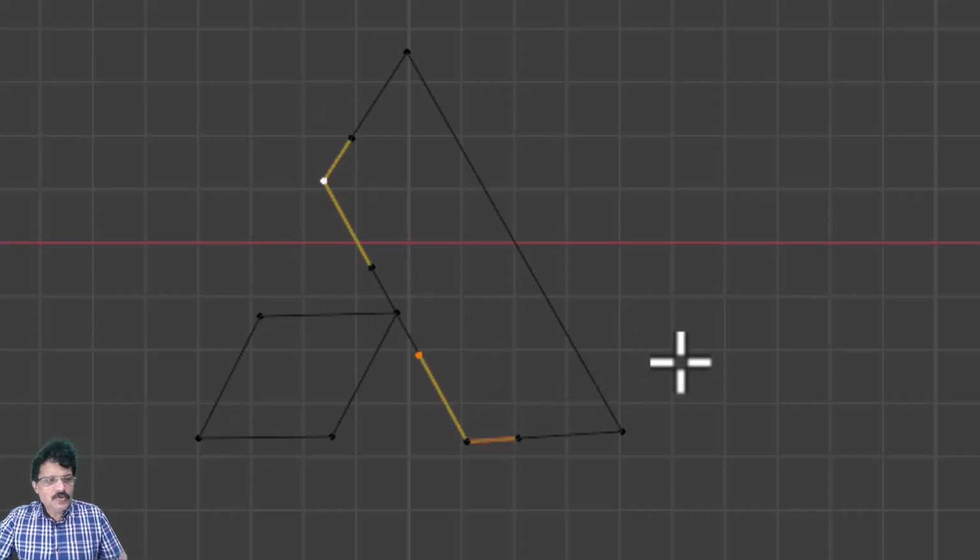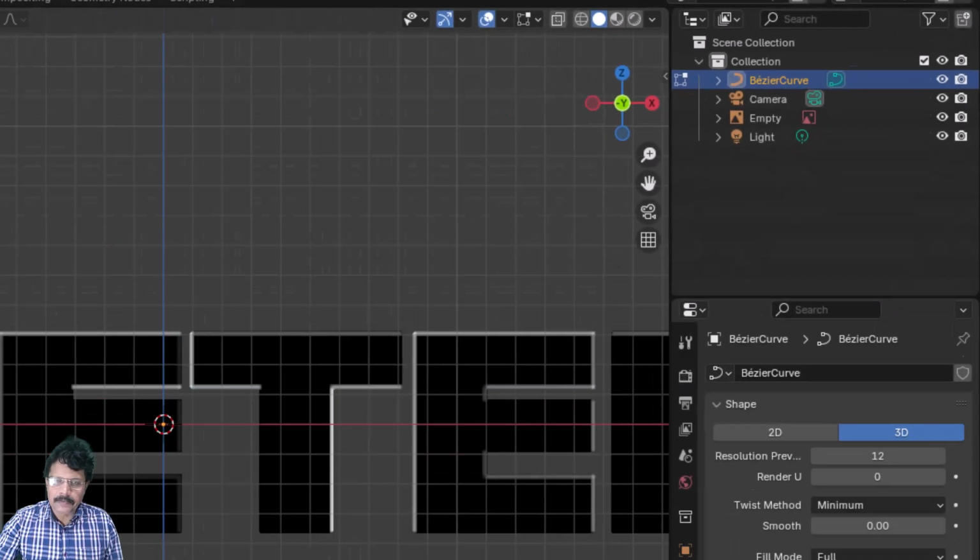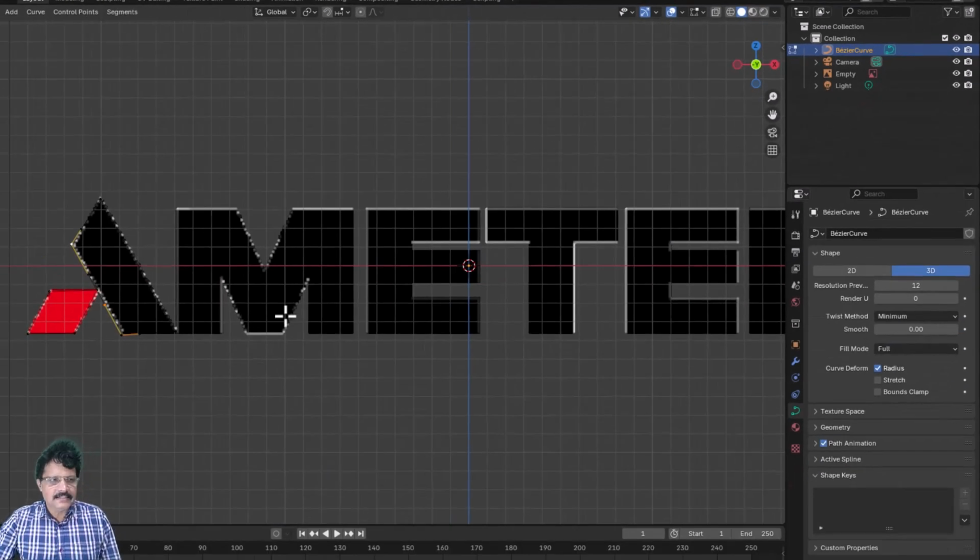In this way, you can keep tracing and you can trace this entire artwork. I will enable empty again. Similarly, I will trace M, E, T, E, K and I can recreate this shape. So, if you feel comfortable tracing it in Illustrator or CorelDRAW, then what you can do is